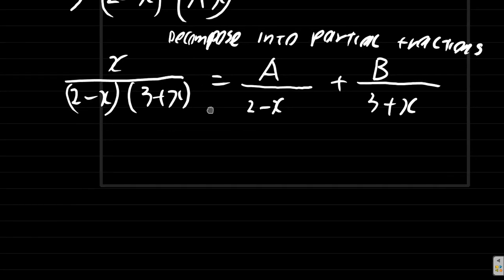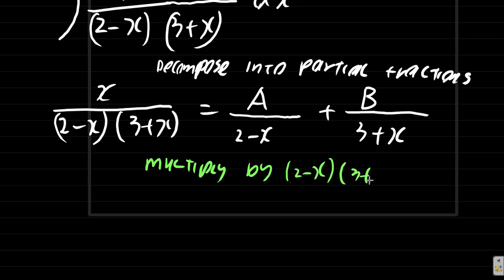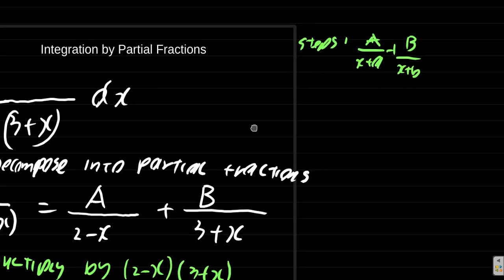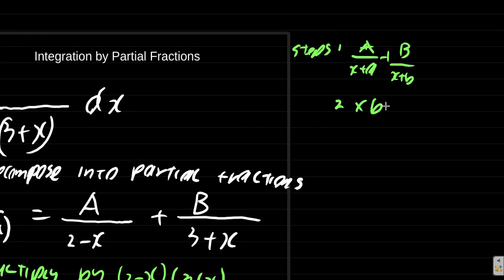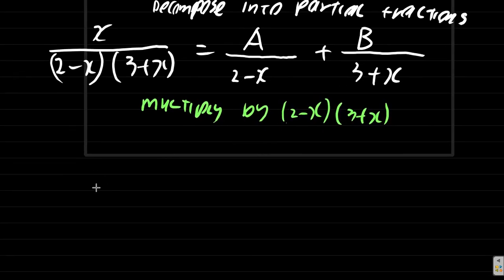Now, the next thing, we're going to multiply by the complete denominator, by (2 minus x)(3 plus x). All right? So that is our next step. Step 2, multiply by the denominator. That means multiply by the brackets, the bracket with an x in it and another bracket with an x in it. So what's going to happen when we do that? Let's see. We have our x over (2 minus x) times (3 plus x)